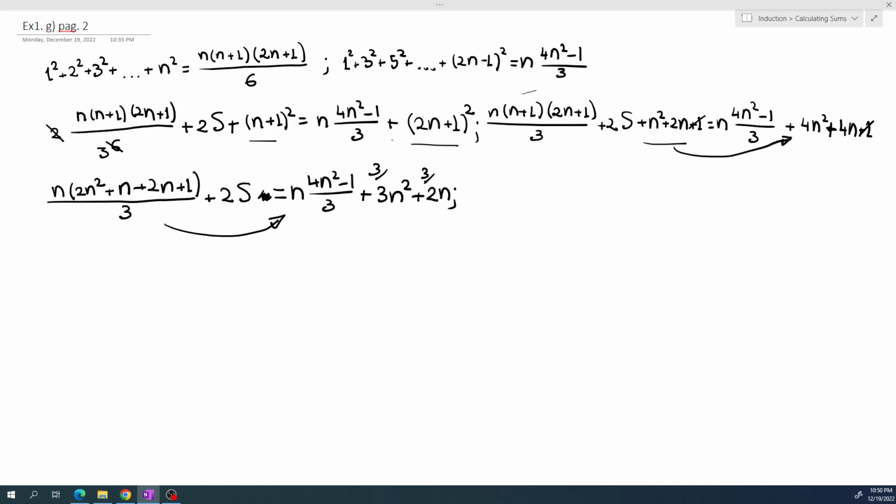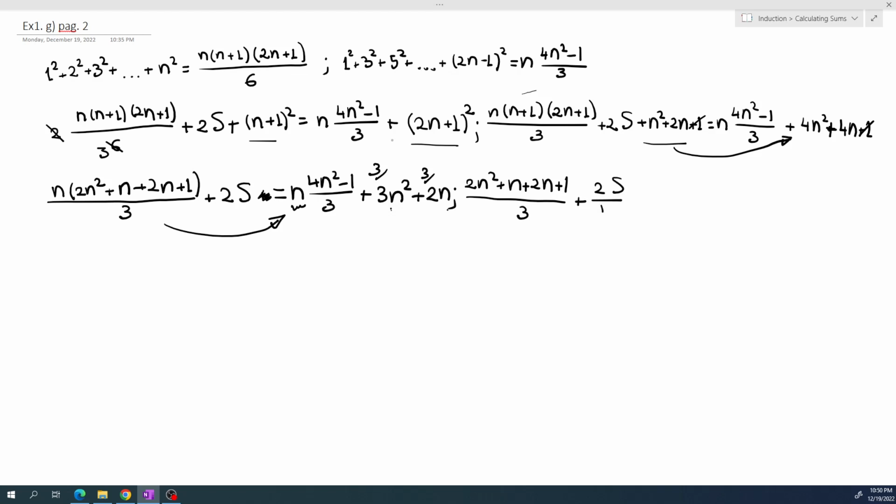And then I see also that the term n is found in every expression except s, so I can write something like, give me a second, 2n squared plus n plus 2n plus 1 over 3 plus